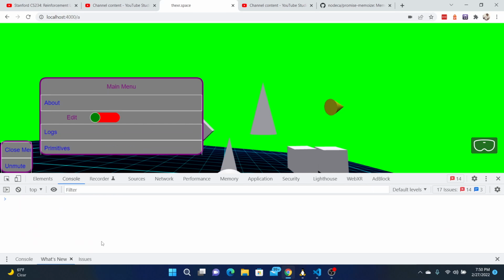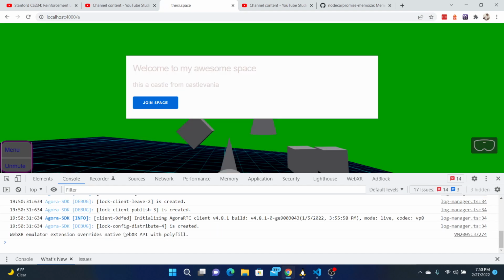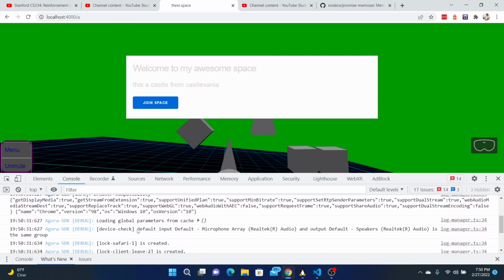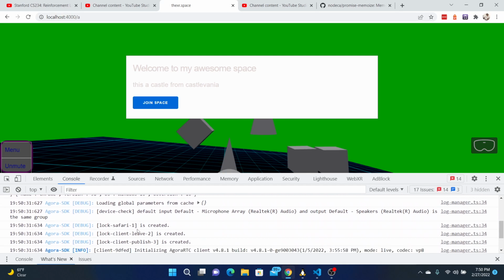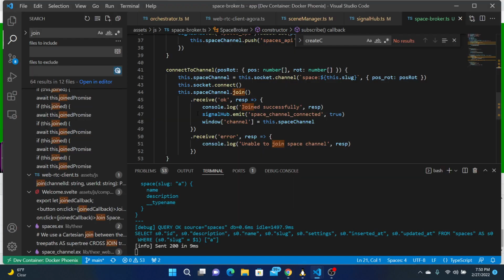Now, we aren't registering for any WebRTC stuff, the Agora stuff. In fact, if I unmute, we're just receiving this, but it's not being picked up and done with anything. In fact, if we just refresh this, we do see some Agora output, but I think that's just because we created the client. Now, when we click on join, hold on, joined,